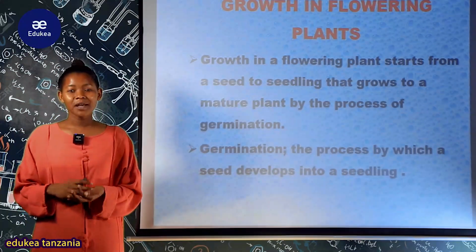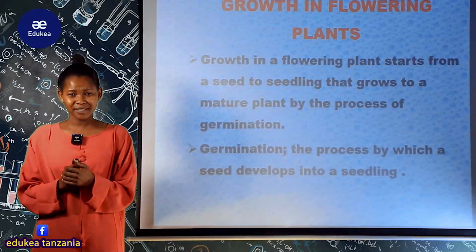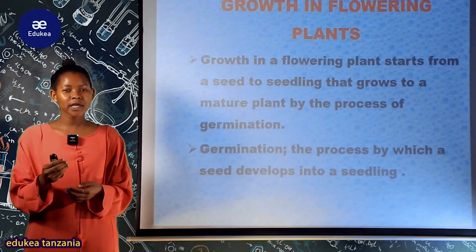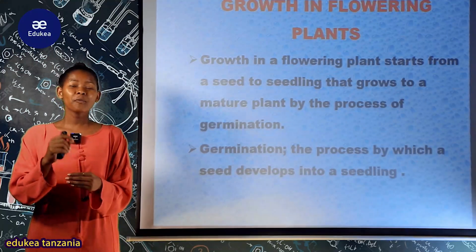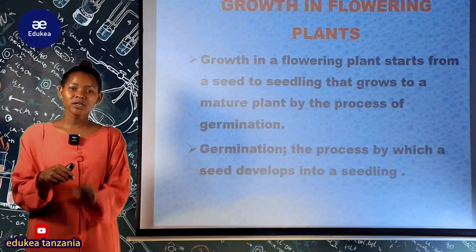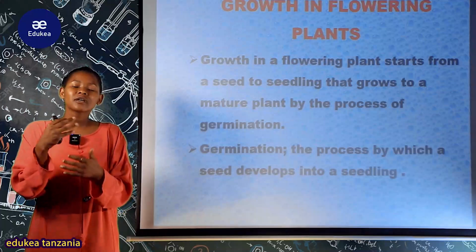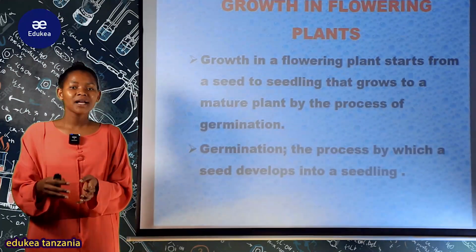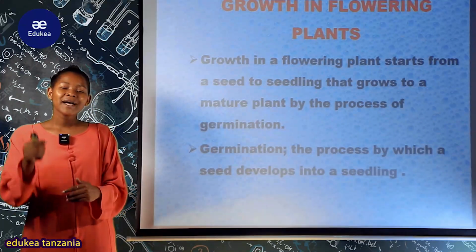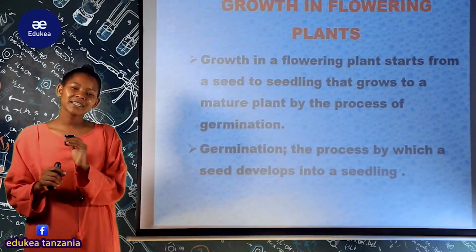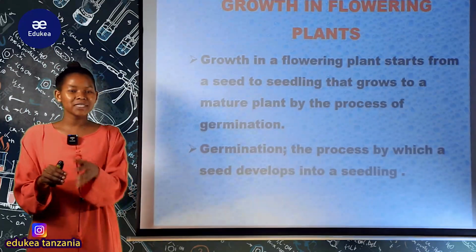My dear Form 4 students, what we have to get here is that when we talk about growth in flowering plants, I want you to understand that we are talking about the flower, maua, whose result is a seed. So to get a flowering plant, we start with a seed. We grow or we plant a seed. After planting the seed, that seed develops into a real plant, and after a while that plant develops flowers. That is the real concept. So what you should understand is that the seed comes from the flower. The flower makes a fruit, and inside the fruit we get seeds. Those seeds are used later as mbegu to get other plants and so on.